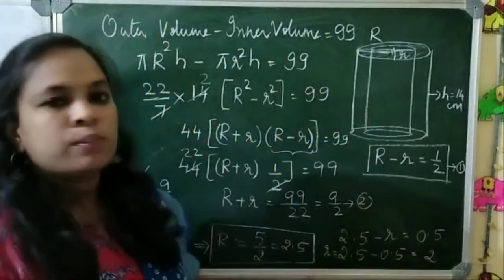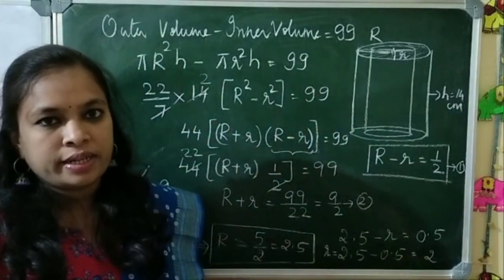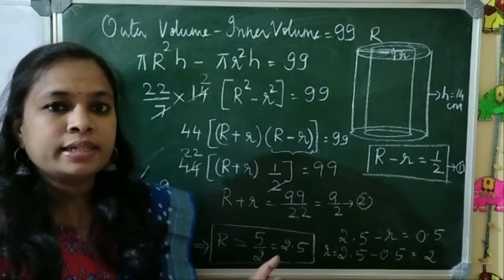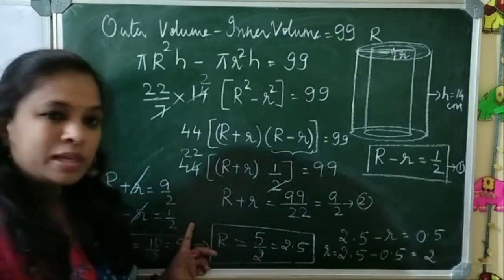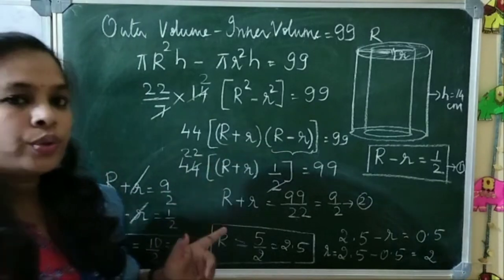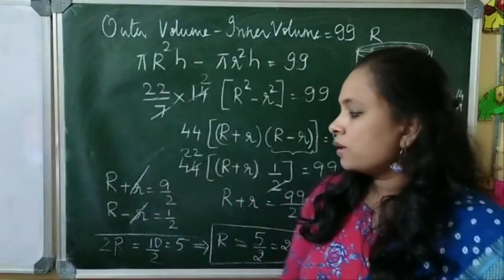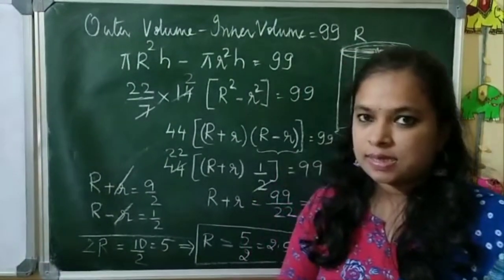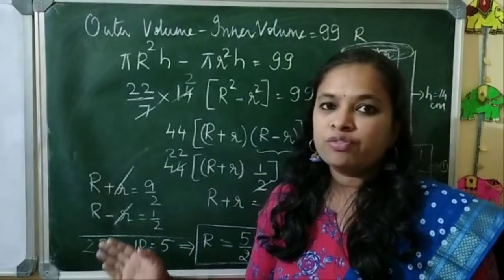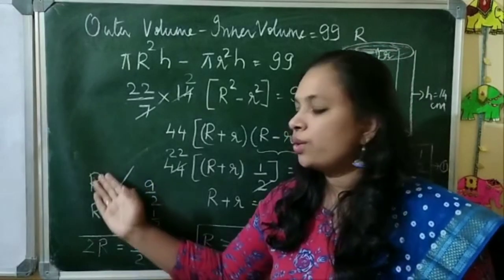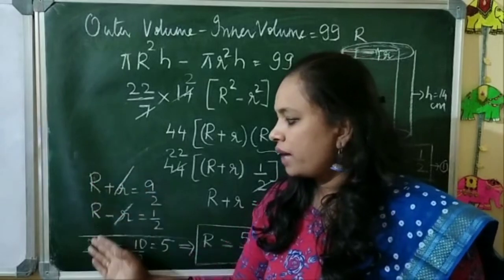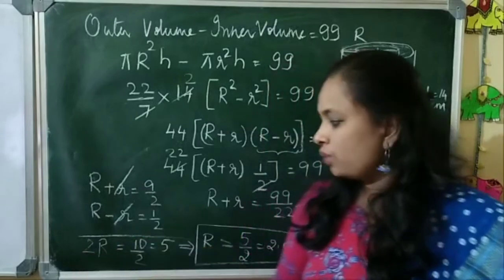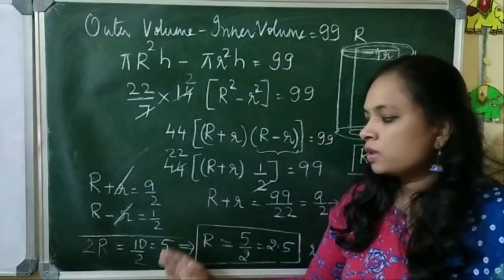See children, the same question is asked even in 10th standard, but the concept is going to be the same. Though you have not learned linear equations in two variables by the elimination method, you can do this by using simple algebraic expressions which you had learnt in your earlier classes. So in algebraic expressions, if you want to add, you will be adding when you have like terms. So that is what we have done here. We have added R and r, which is equal to 2R, and here we have added the constants.